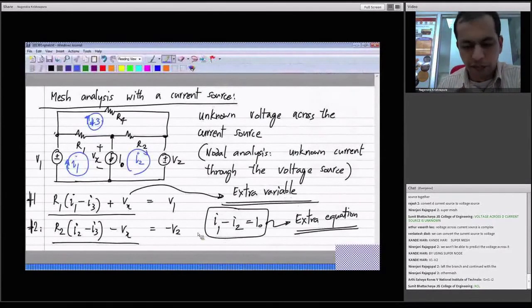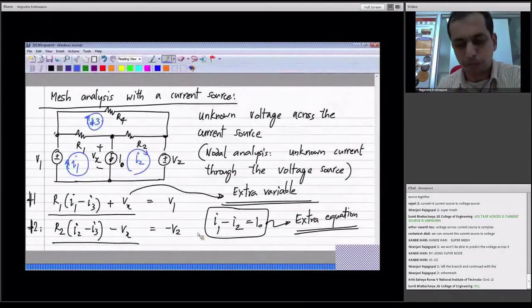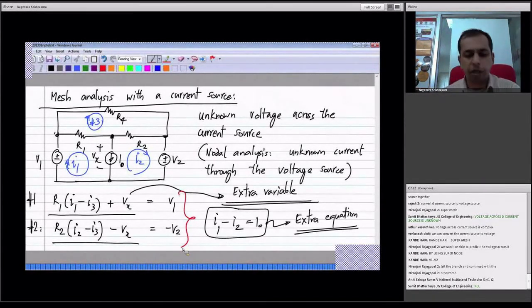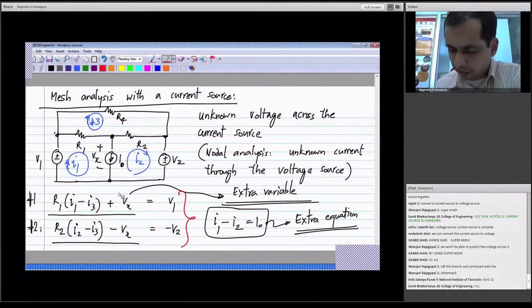KVL around mesh number 1 and KVL around mesh number 2, what happens is this Vx cancels out. And this is not a coincidence. This will always happen because Vx is defined to be across some branch. So in one of the meshes which contains that branch, it will appear as plus Vx, and in the other mesh it will appear as minus Vx. So it will always cancel out. And if I add these two equations, what I will get is